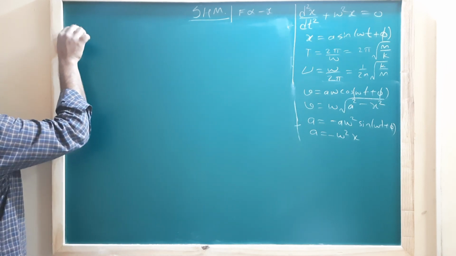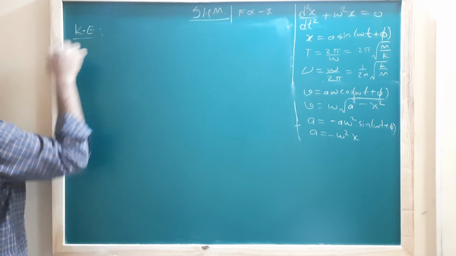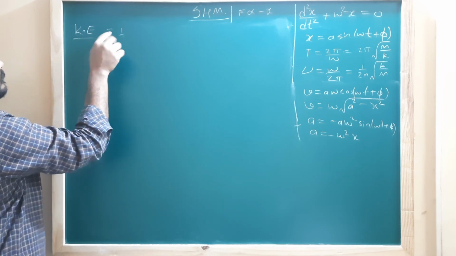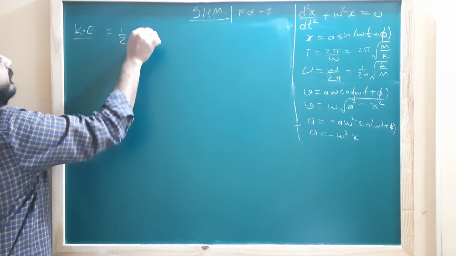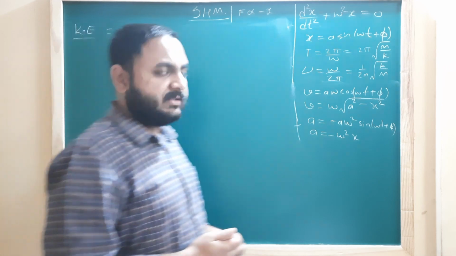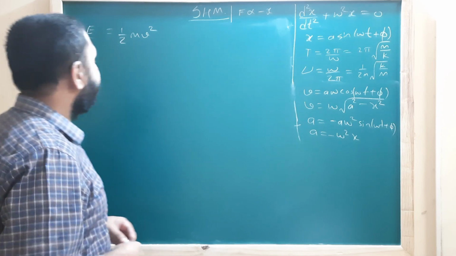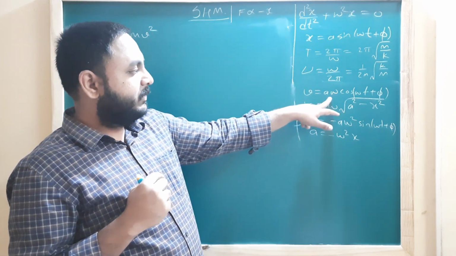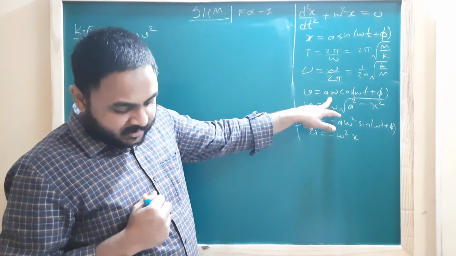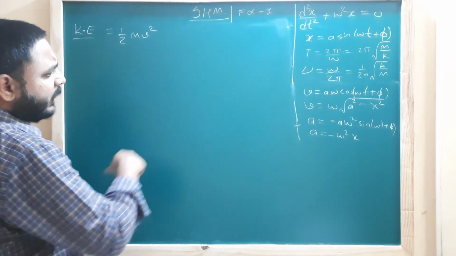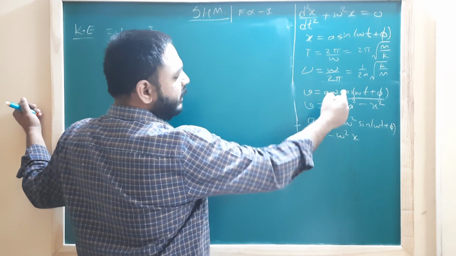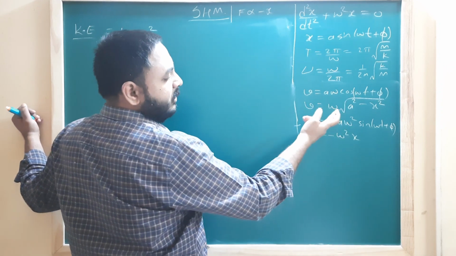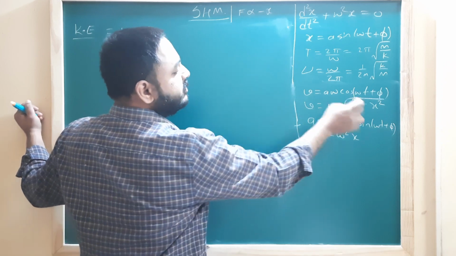First of all, we have kinetic energy. What is kinetic energy? We know that kinetic energy is nothing but half mv square. For any mechanical system, this is the kinetic energy. It is half mv square. Now, we just got the expression for velocity. So we can just substitute it there. Instead of substituting this one, we will try and substitute this one, just because this will help us to describe the energy in terms of position.